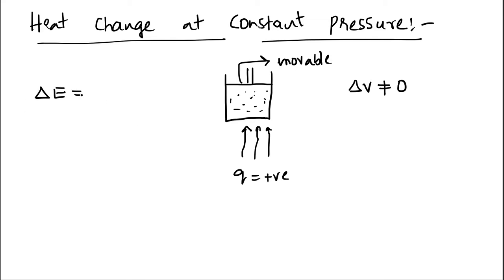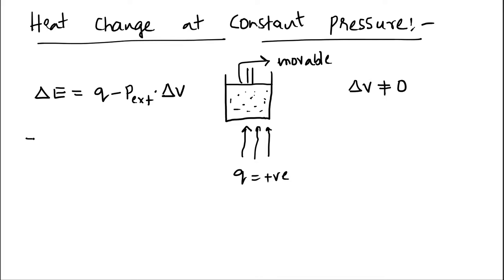So what are the internal energy changes here? Delta E equal to Q minus P external times delta V. I'm not saying expansion or compression here. For expansion, this delta V is positive, therefore the work term is negative. For compression, this delta V is negative, so negative times negative will be positive, therefore this becomes positive work. So here I'm not saying anything, there is some work done. A system can take heat and at the same time also receive work if you use too much pressure from the piston side. So we forget that. Right now we only use this expression.